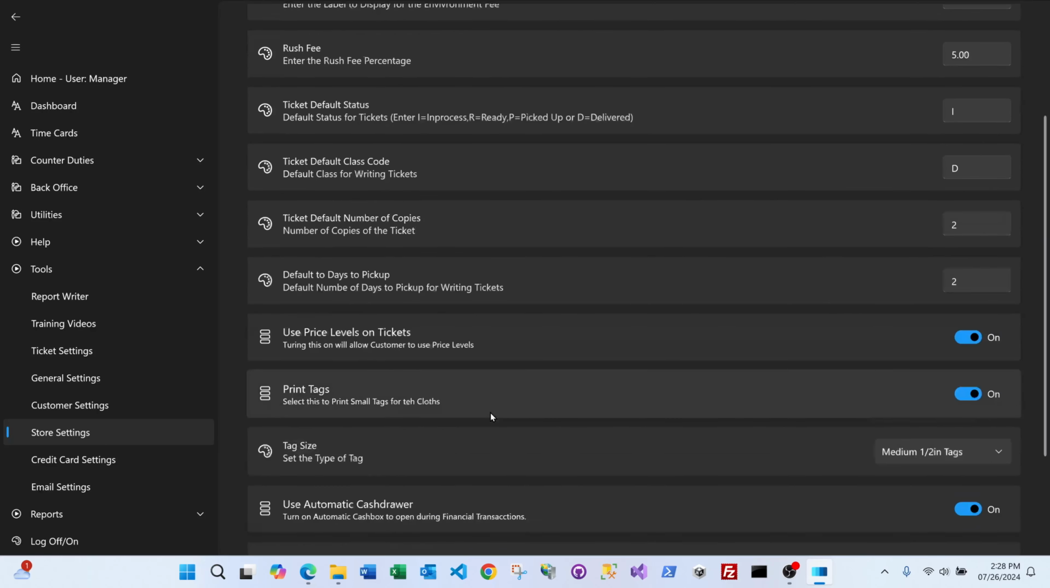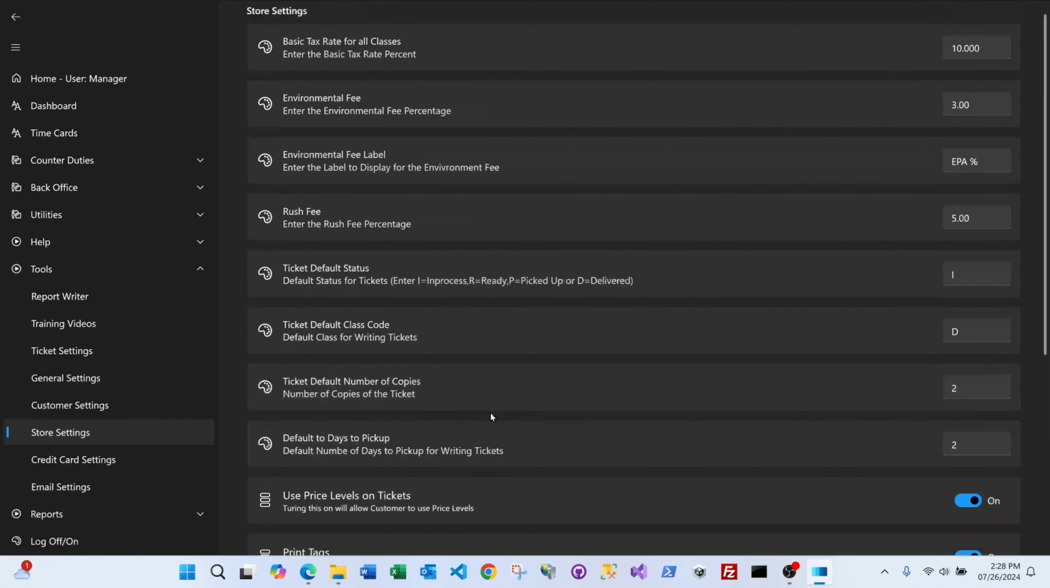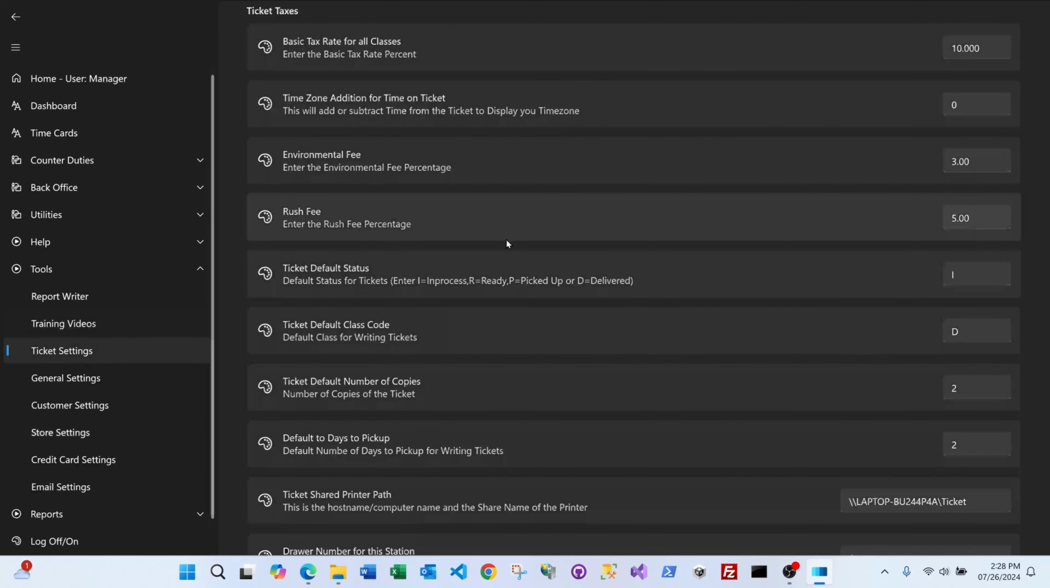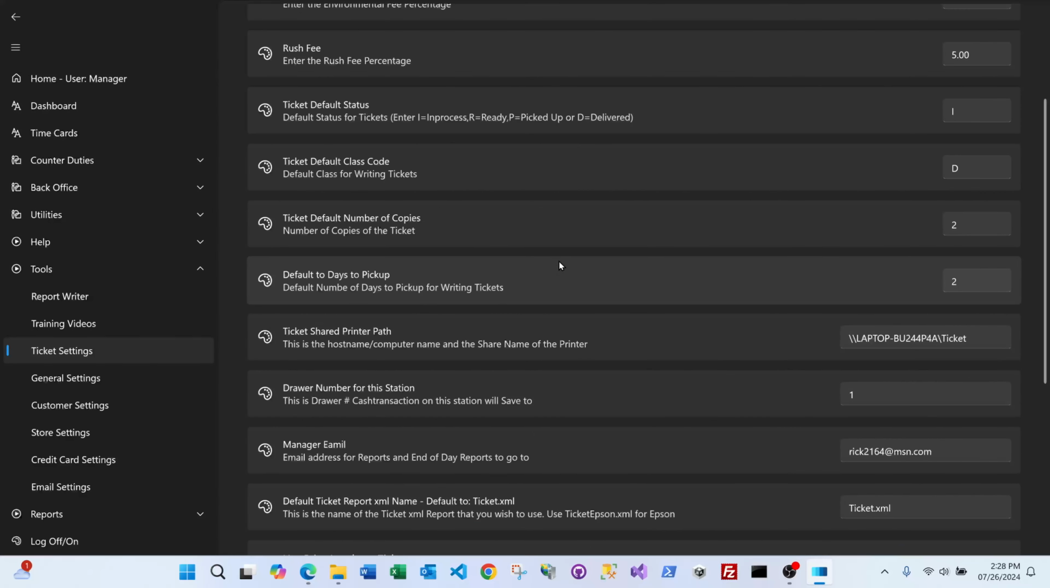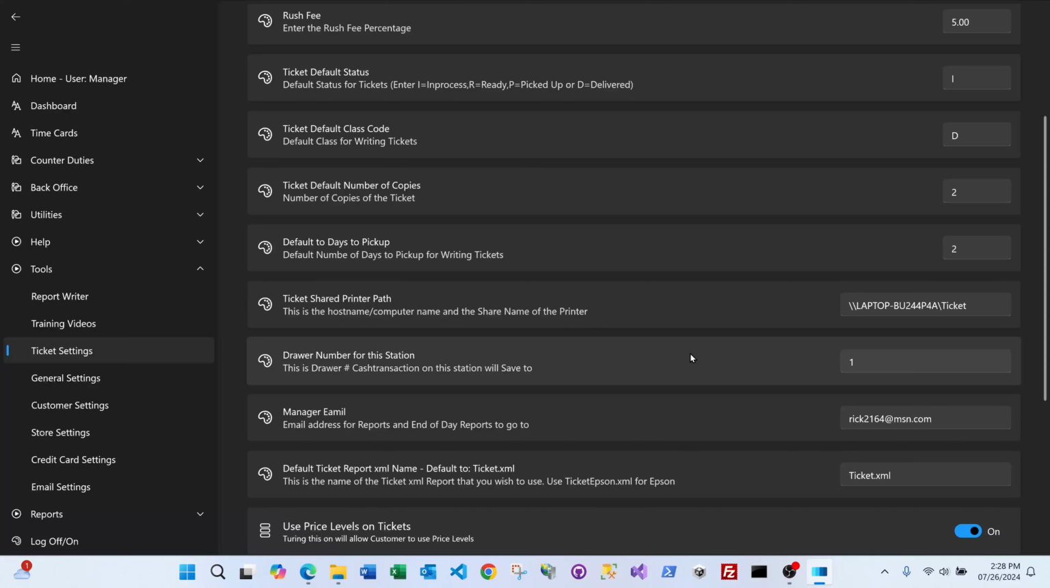Then the other thing that needs to be modified, and let's see if it's under Ticket Settings, but there's a setting specifically for the cash drawer station number. Here it is. It's under Ticket Settings. It's called Drawer Number for this station. So if you have multiple computers and you want them to separate their cash drawers so you can have separate reports,